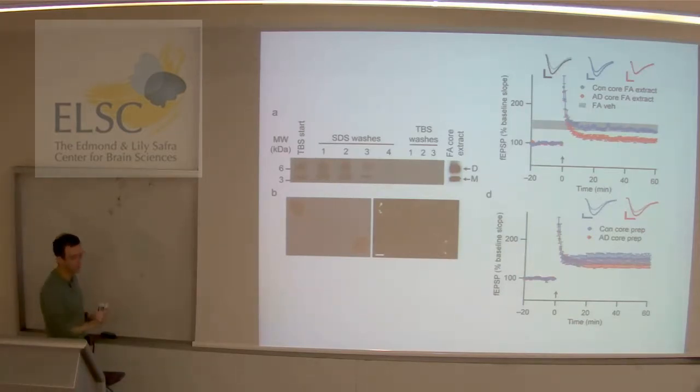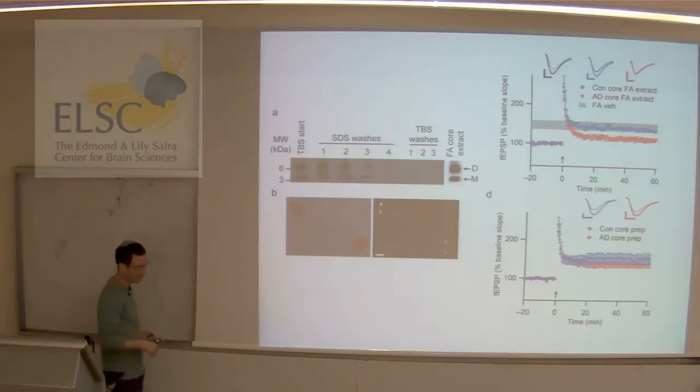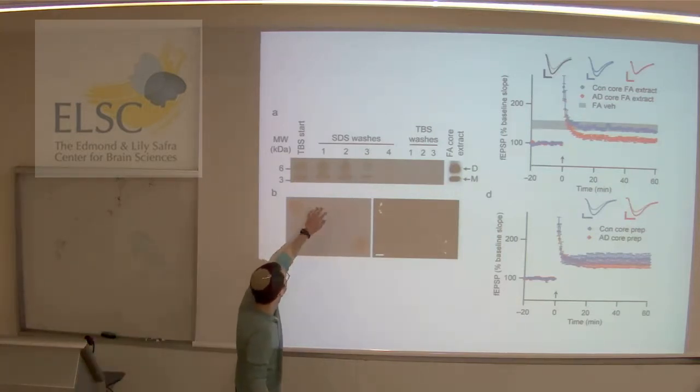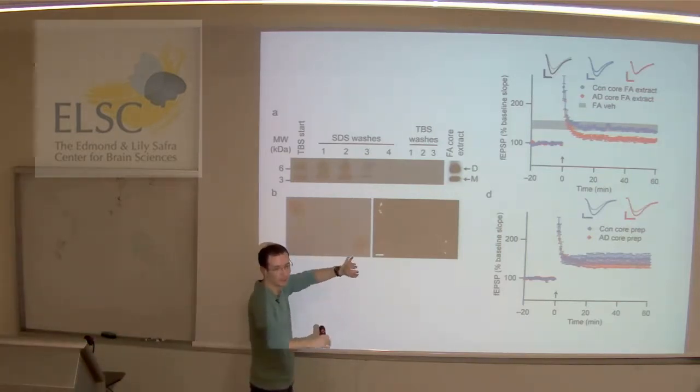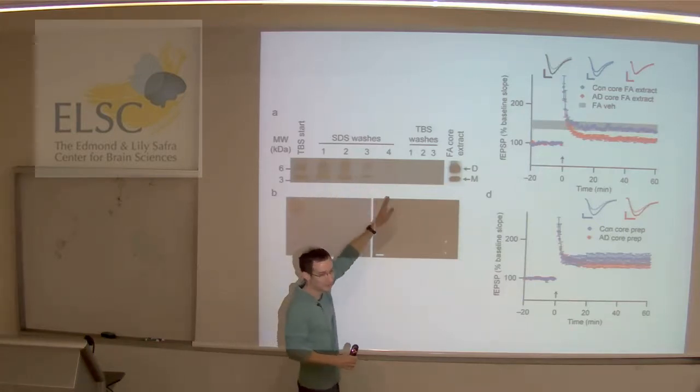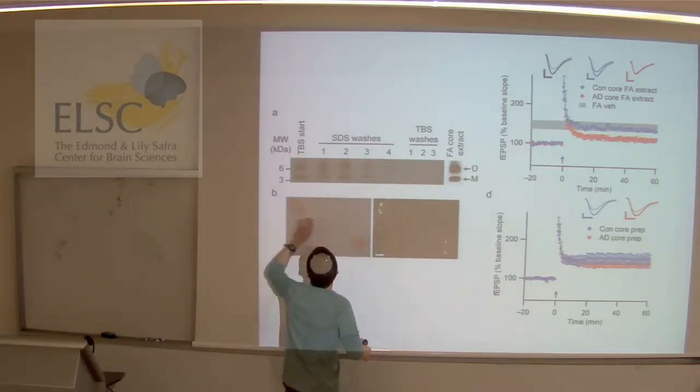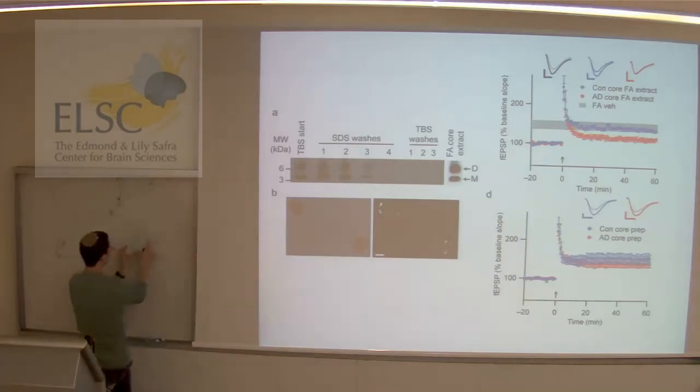Okay, so what they do now is clean the plaque and remove all the blue and stay with the core. You do it by sequential SDS washes. You just wash your hands very, very well. One time, second time, third time, very obsessively, and then after the fourth time, you don't see any. You still have this in your system, but you've succeeded to wash the blue part